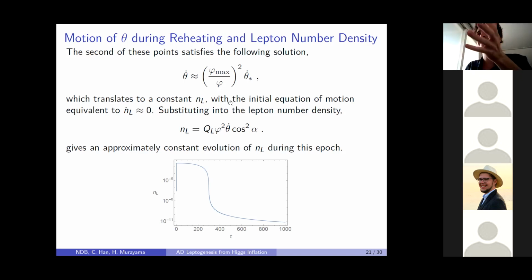But the interesting thing is that if it has this kind of behavior across each oscillation, so the main loss in theta dot just comes from Hubble friction, and in that decreasing. If you multiply this by R^5 squared, which you expect from the lepton number density, you end up just getting a constant, or effective constant, ignoring Hubble friction. And what do we see when we actually just calculate this directly? We see a constant during this reheating epoch. So all this variation that's induced in theta dot through phi cancels out in the actual calculation of the charge density. So this NL, what we've done is, this is the numerical calculation.